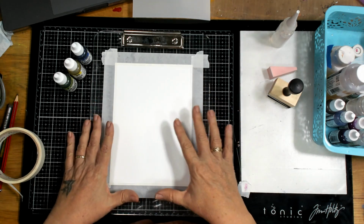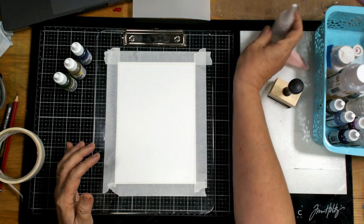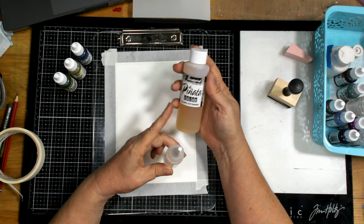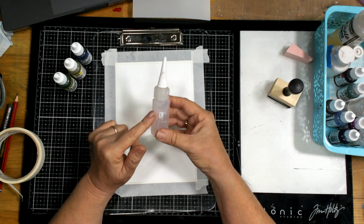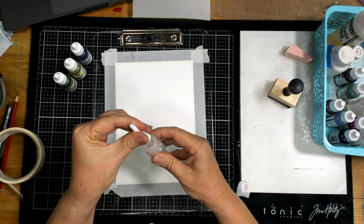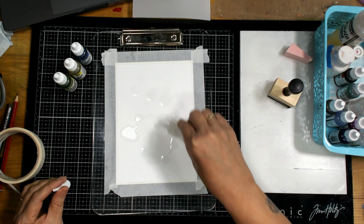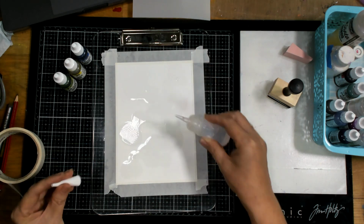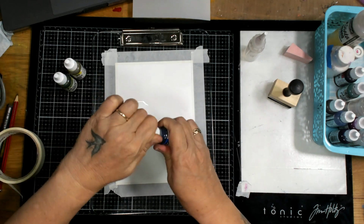I want to do kind of a washy, kind of watery background. So in this bottle here, I have some of this extender or flow. You can get a flow medium, but you can use 99% isopropyl alcohol as well, and whichever you've got, you can put it in. Now I'm just going to drop this in like puddles on the page. So I'm putting quite a little bit on, and then I'm going to take my ink